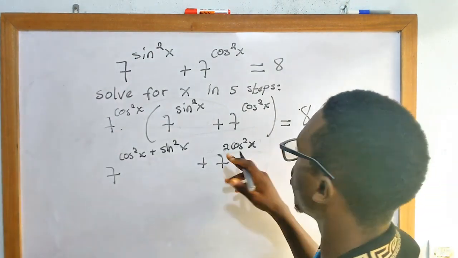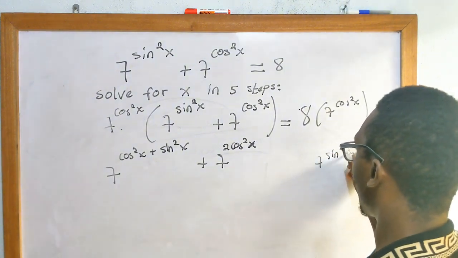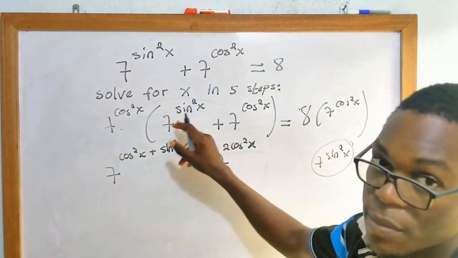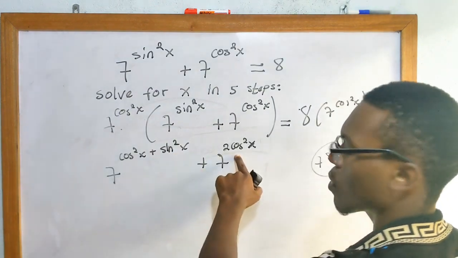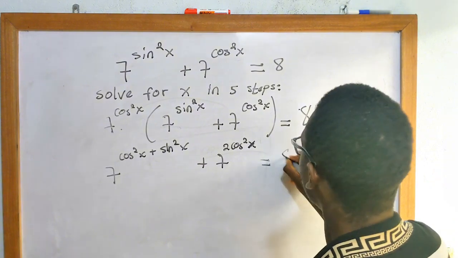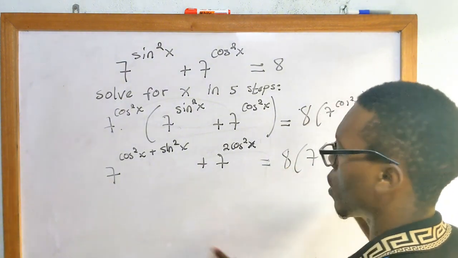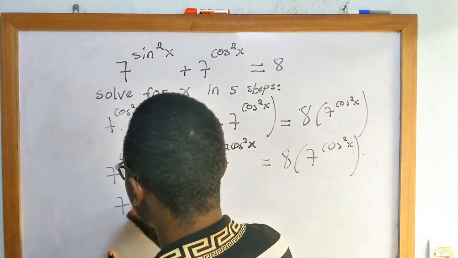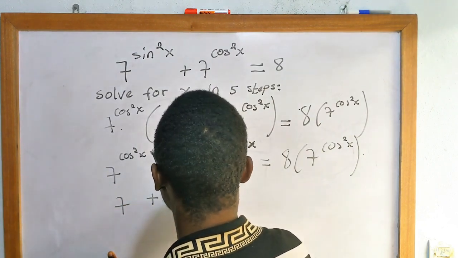So one could also multiply everywhere by 7 to the sine square x. That will still be the same thing. In that rare case, you are going to have 2 sine square x, and in that case, the same thing. That will be equal to 8 times. Okay, hence you have 7 here plus 7 cos square